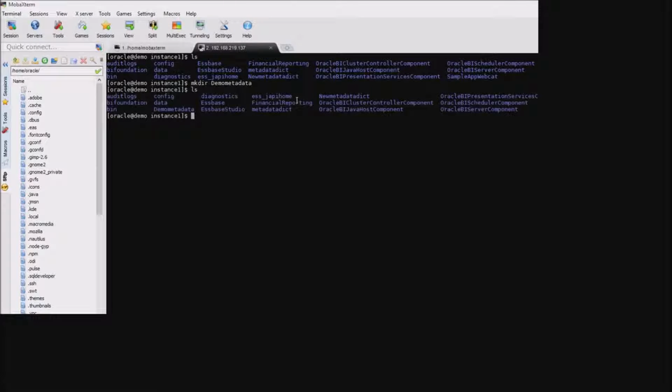And now if we do another listing, we can see our directory is created. So there's two things that we're going to want to do. I'm not going to go through the mechanics of actually getting the metadata dictionary file over. You can figure that piece out, but we can see if we switch to our metadata dictionary directory that the